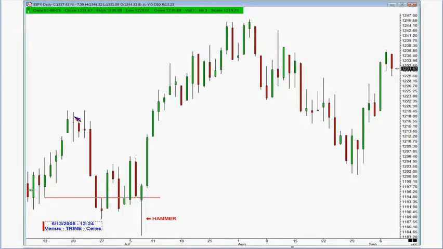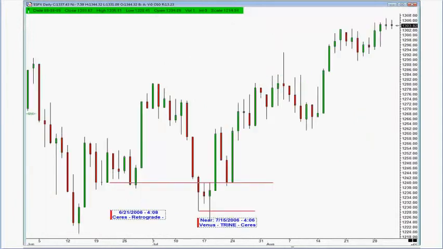It moved up for 8 days or so, moved back down, tested it, and once that hammer candle formed, wouldn't you have liked to have known, based on what you've seen so far, that on this date here was a Venus trine Ceres aspect, and then that you had a hammer candle that formed on this day here in July? With that knowledge, would you then have gone long, just laying it out like this? And look what happened. You've got the S&P going from the 1184 up to the 1245. I think there's a few dollars that we could make off of understanding these